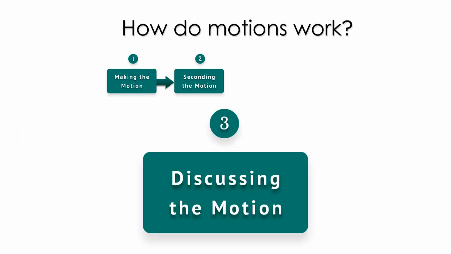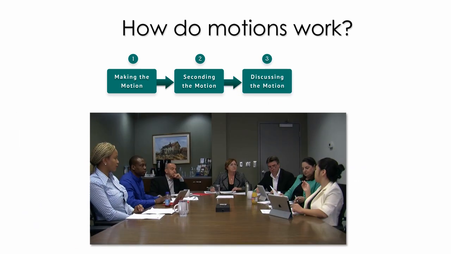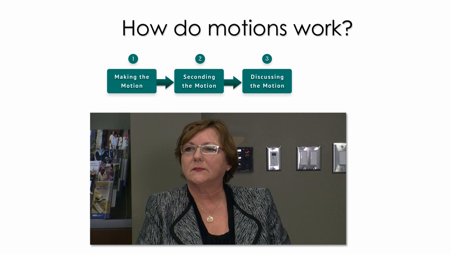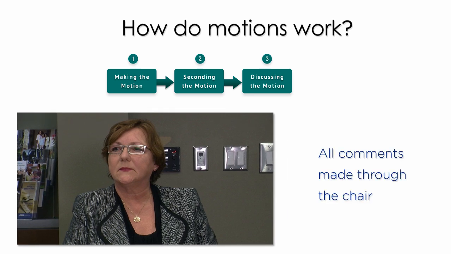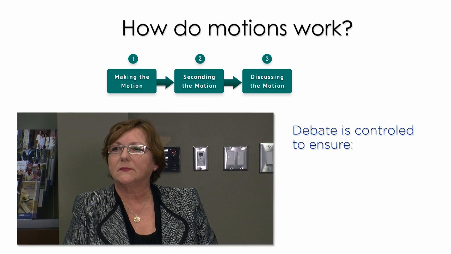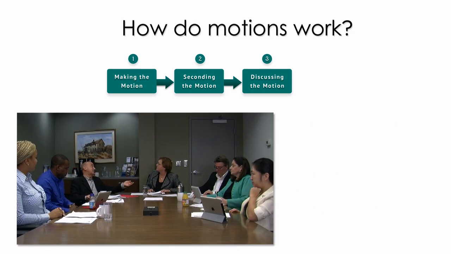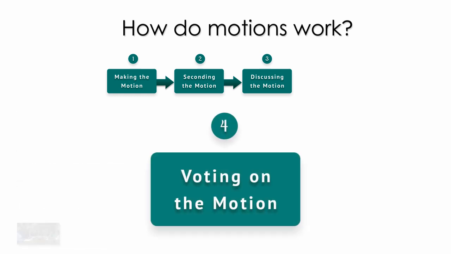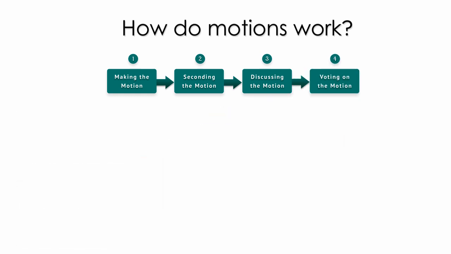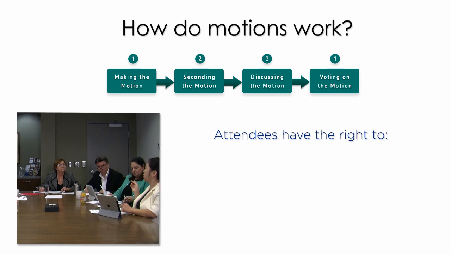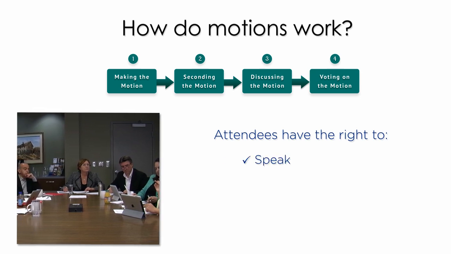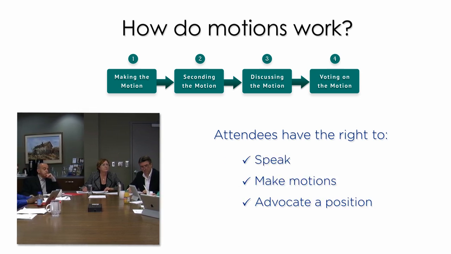After a motion is seconded, the motion is discussed by members of the board. It's the chairperson's responsibility to ensure that all comments are made through the chair and that debate is controlled to ensure fairness, balance, and efficiency. Once the chairperson feels that sufficient discussion has been made regarding the motion, he or she will call for the vote. It's up to the chairperson to protect the rights of each attendee to speak, make motions, advocate a position,